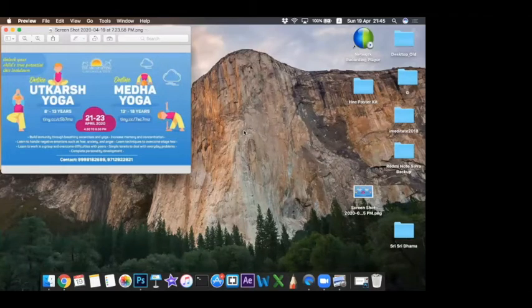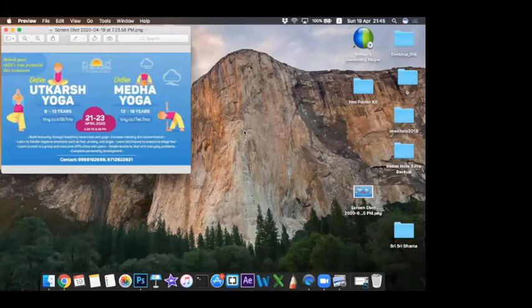And then you create a desire in them. And the last thing is the action. The action is basically the contact number, the registration link, the timing of the program, etc. The standard rule of thumb that I use is the date should be quite visible.